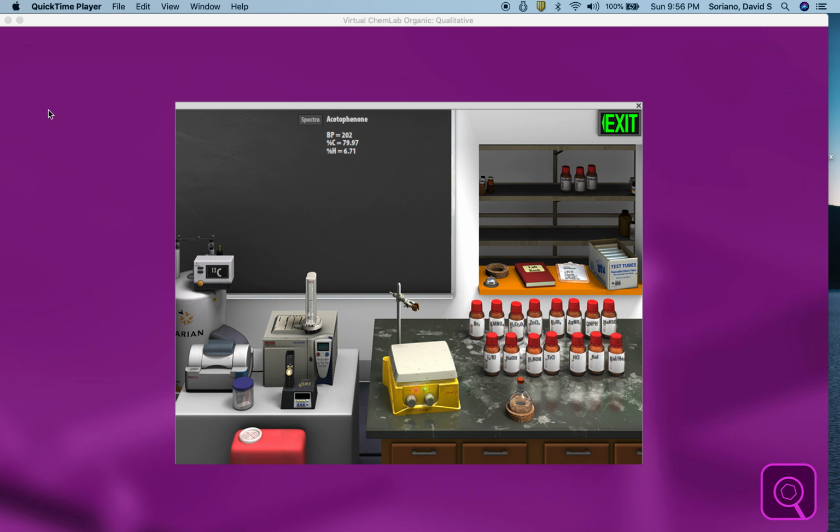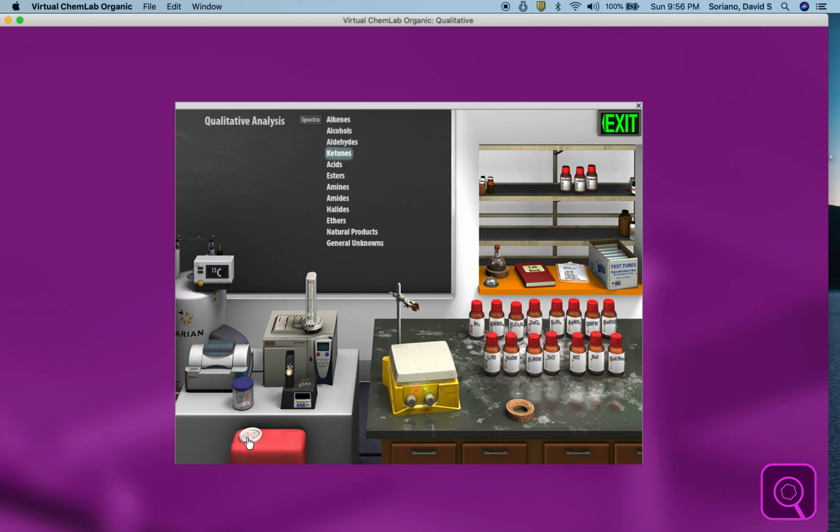This time we're going to look at a qualitative organic analysis. It's a pretty neat feature of the program. What we can do, we'll start over by clicking down there. Let me grab a ketone, and we're going to do qualitative analysis. You have a choice of cyclohexanone or acetophenone, and I'll grab the acetophenone